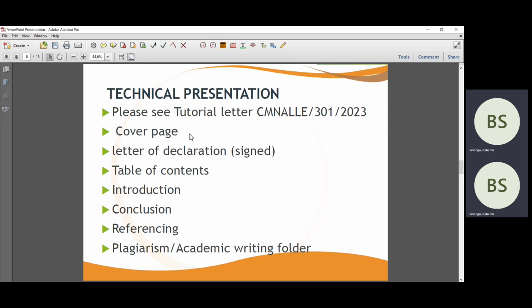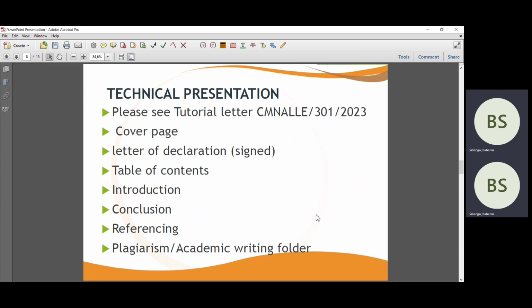Okay, the first thing that you need is a cover page, a letter of declaration. I've also posted a letter of declaration under additional resources. It's a Word document so that you can type on it. And if you have an online signature, you can use it. If you don't, you can just put in your initials and surname as a signature. That will be accepted because signing and scanning really causes chaos. So just use the Word document declaration and then convert it into PDF after you have signed it and then combine it with the rest